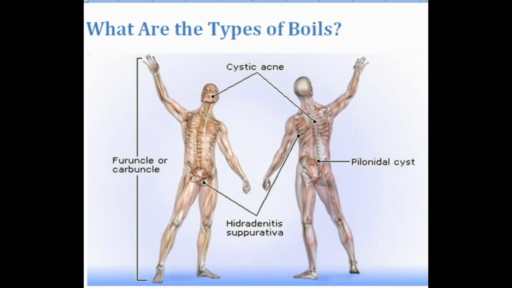What are the types of boils? There are several different types of boils. Another name for a boil is furuncle. Among these are carbuncle, Hidradenitis Suppurativa, seen in the armpit or groin, Pilonidal Cyst, area on the back where the buttocks merge, Cystic Acne, sty,